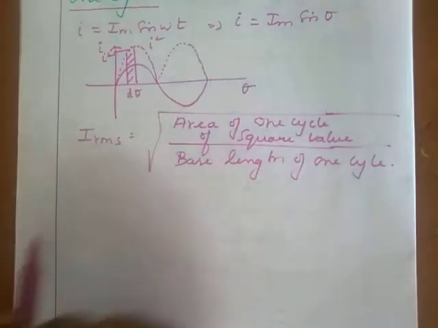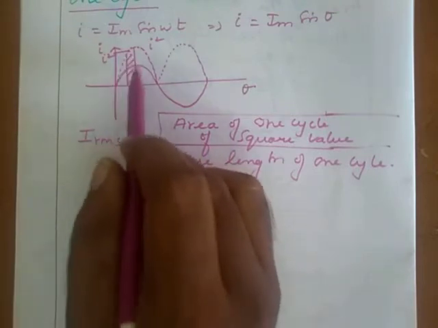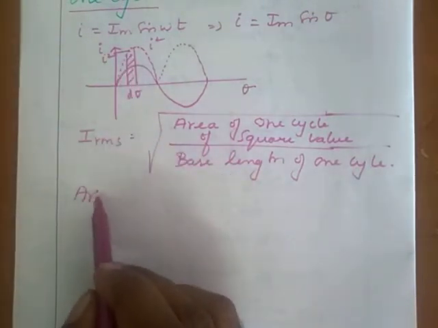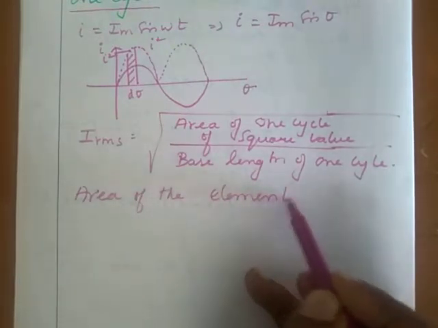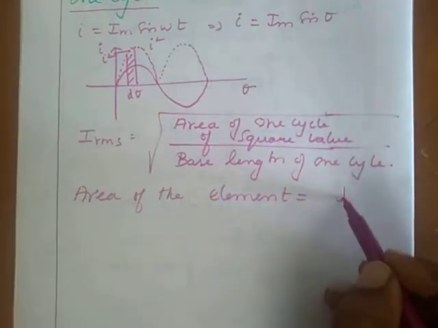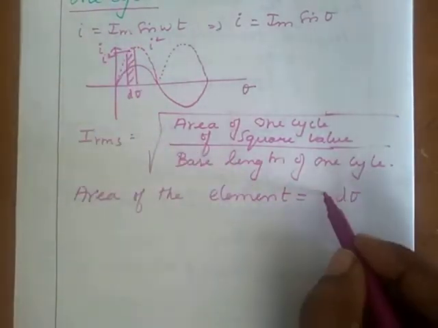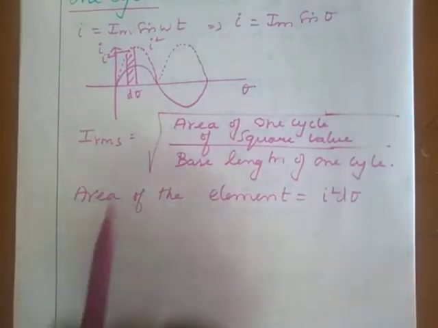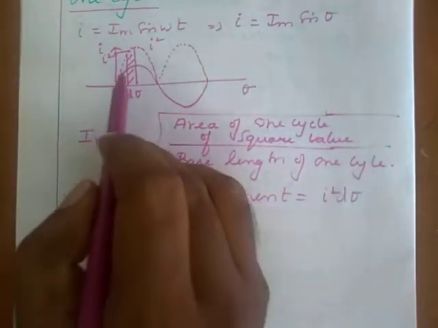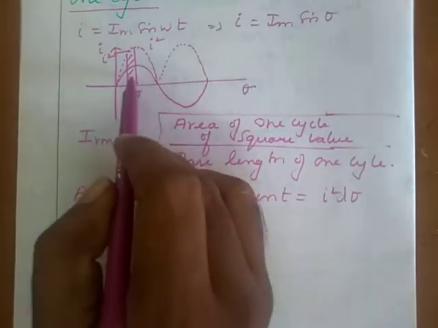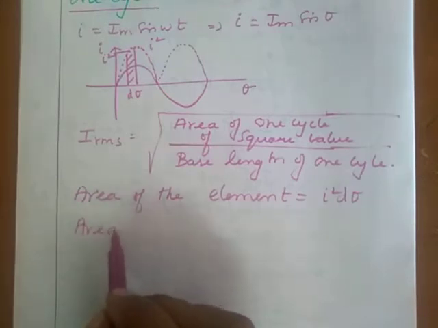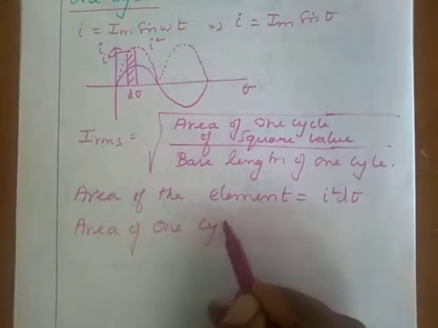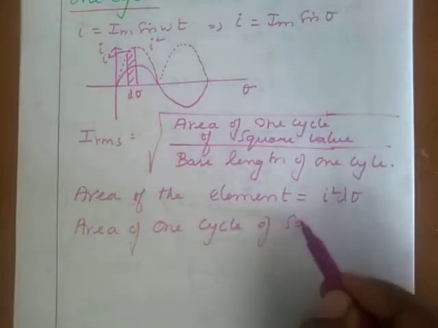Then the area of that element can be written as area of the element equal to d theta into I square. Then in order to find the area of one cycle of this squared wave, we need to integrate this small area element from that graph. So the area of one cycle of the squared wave